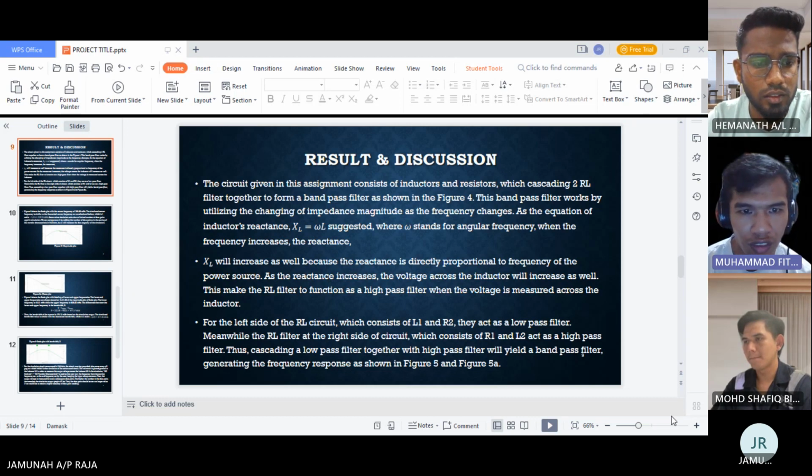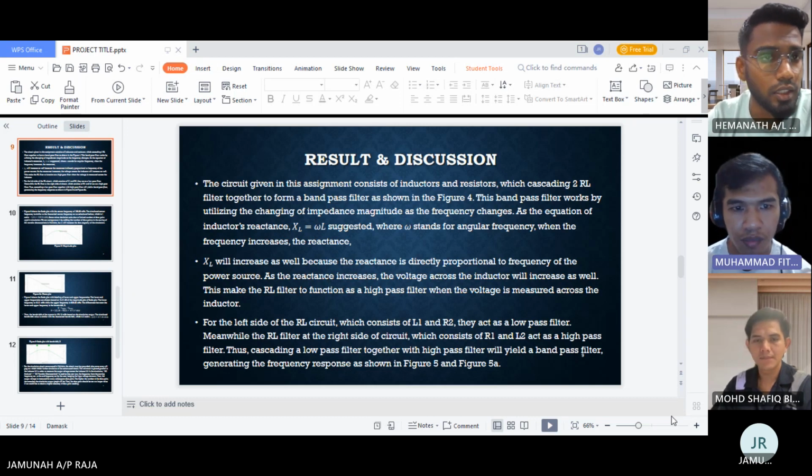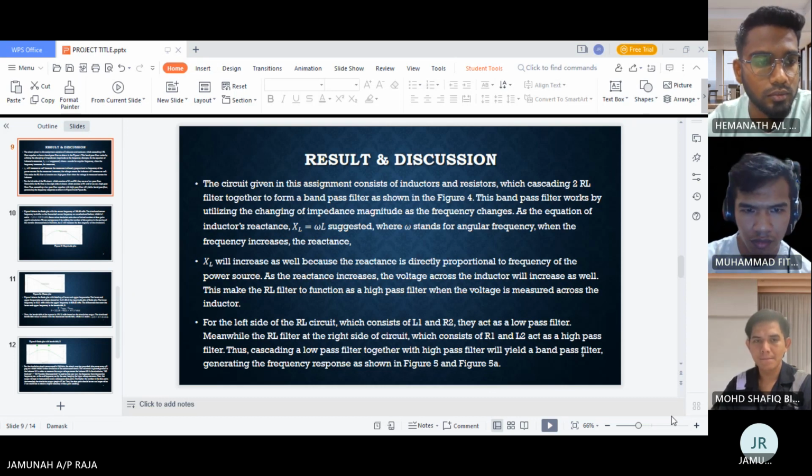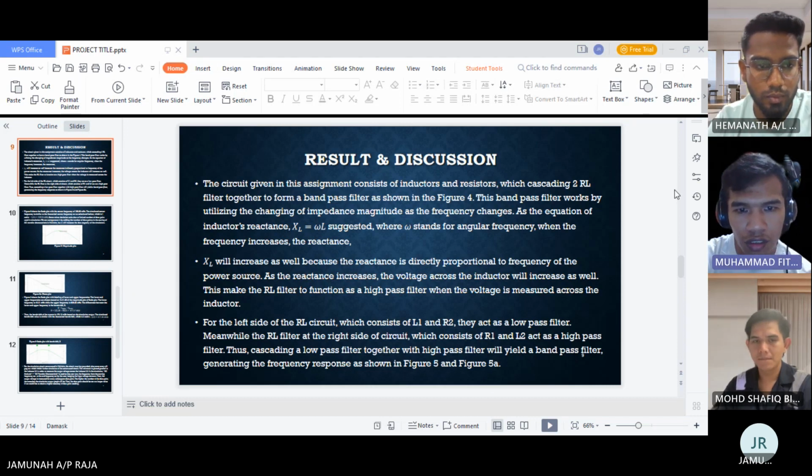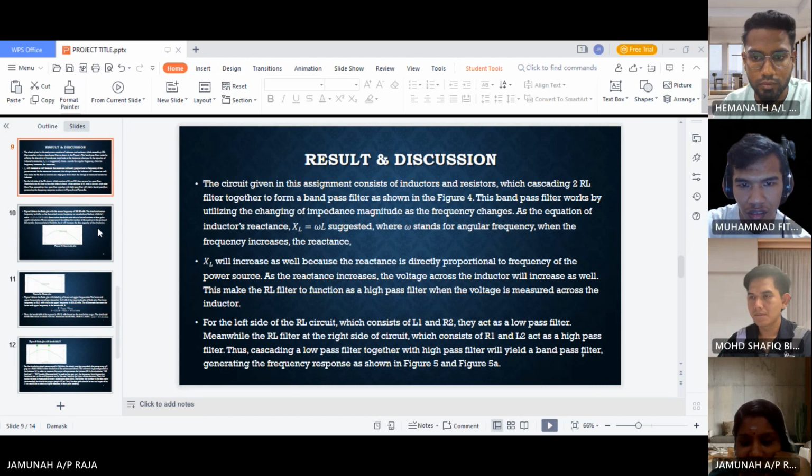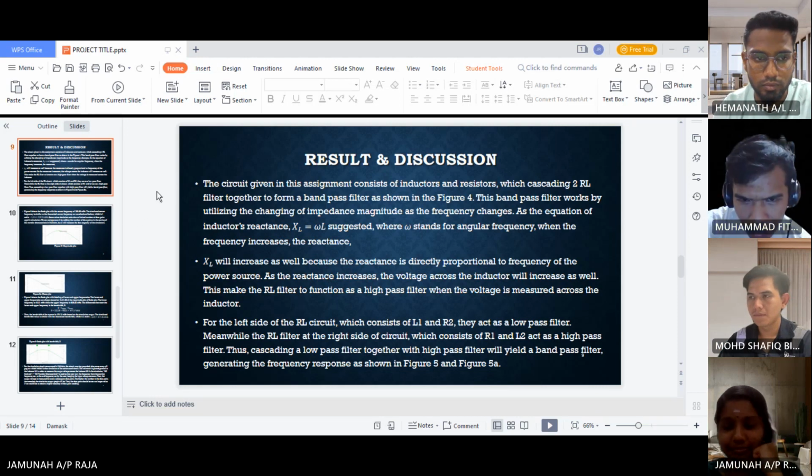When the frequency increases, the impedance of the inductor will increase as well because it is directly proportional